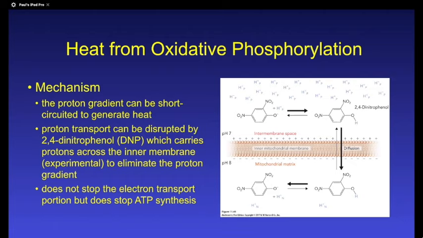All right. That proton gradient, we're burning fuel, okay? We convert the energy of the glucose or all the fuels that we eat into a proton gradient, and then we can convert it back into ATP. That is one type of energy, all right? There is one additional energy that you can create through this process, and that energy is heat. And that's important. Now, this was a diet drug that was given for just a little while until we found